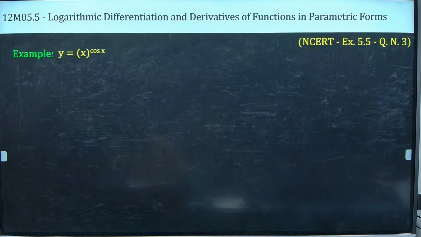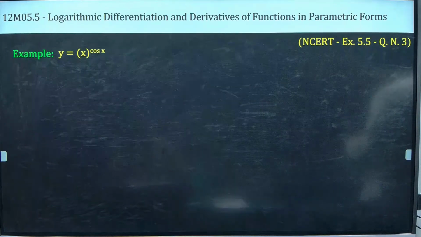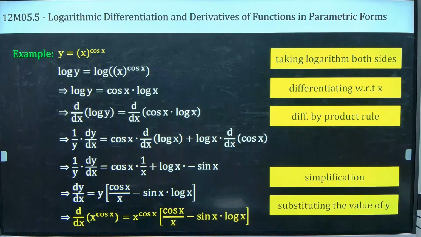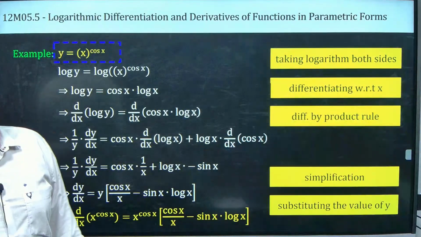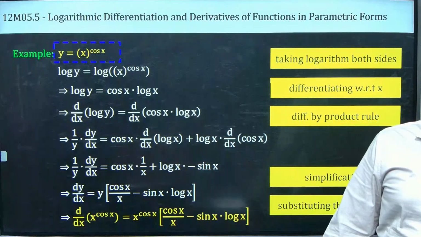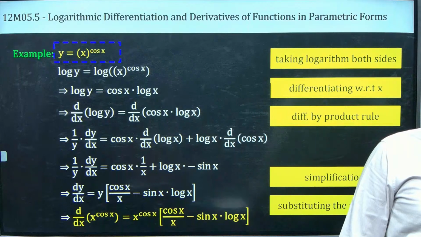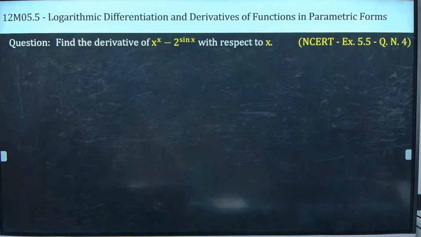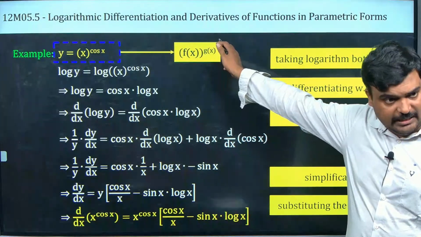If anyone has a doubt about this, you can say. I will help you out. Don't be silent. That is going to be a problem for you only. Shall I move to the next question, guys? Were you able to do it? Super. Okay, guys. Okay, see, any g of x to the power of f of x to the power of g of x,